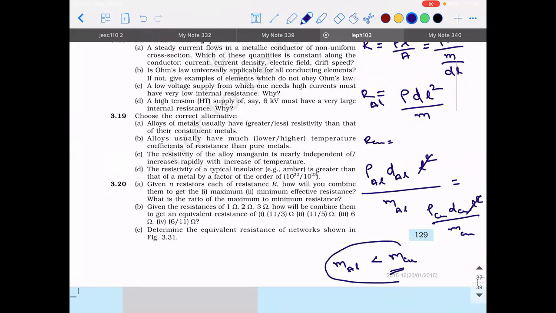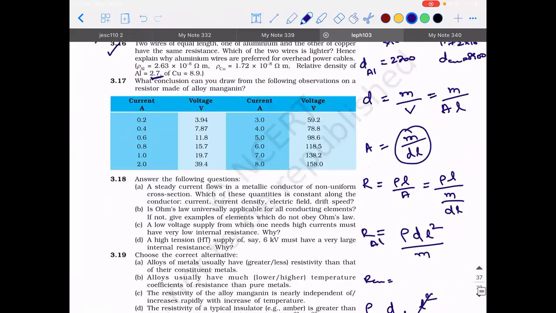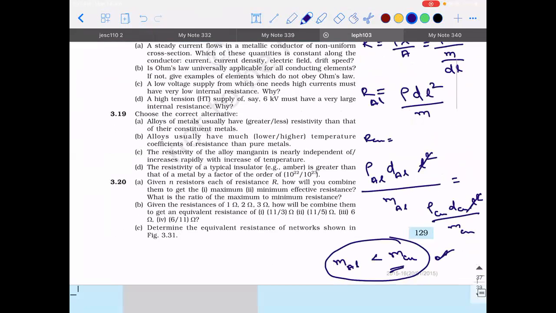So when you get this, from this logic, can you guys think why aluminum is preferred for overhead cables? Can you guess it? It is because for the same length of the wire and the same resistance, aluminum required is of lesser mass compared to copper. So when the mass is going to be less, the weight is also going to be less. Since the cables are going overhead, we don't want them to hang, right? So the reason is, since the mass of aluminum is less than mass of copper, they are preferred for the overhead cables. As simple as that, nothing else.